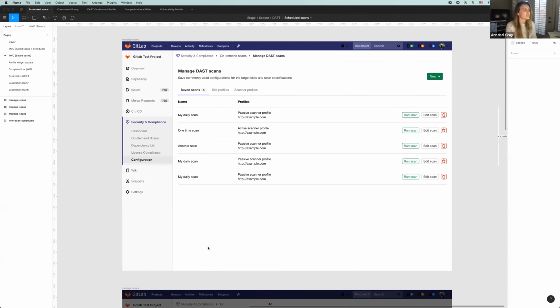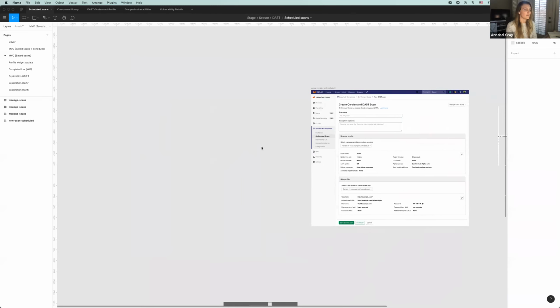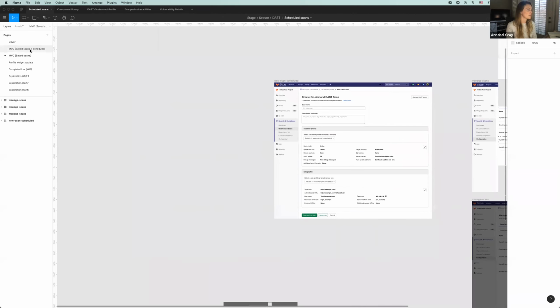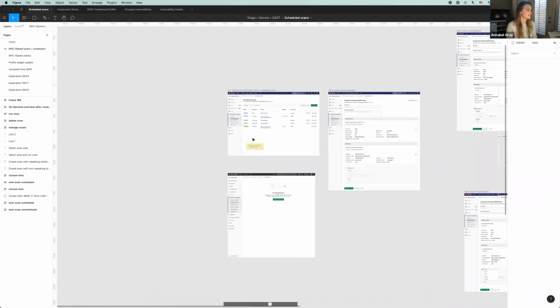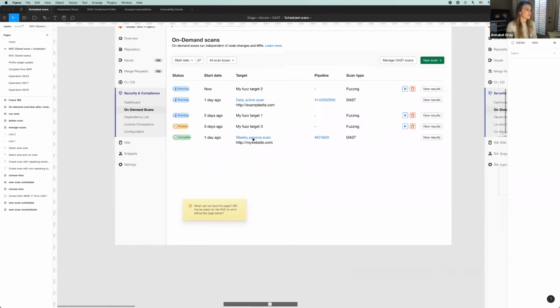Yeah, it's definitely an interesting idea, but I also don't think this is the page where we would want that information to be stored, just because, like you said, if we edit the scan, then what does that mean? And if you delete it, then all that data is lost. So I imagine it would be probably on this page, which I think is still a bit of a question mark. Even if you delete that scan, you're going to know that that pipeline was run. So maybe we would want to associate it with that.